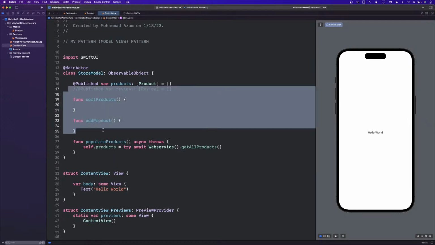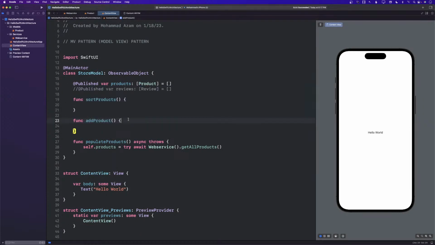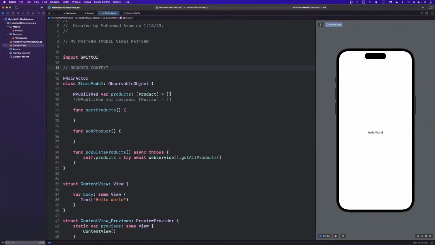And one other question that I want to answer over here is, what if I'm building an app and I have this store model? Should I put everything in this? Well, no, you should not. For a small or medium-sized app, that would be fine. It was perfectly fine to put a lot of stuff in there for a medium-sized or even a small app. But as your app gets bigger and bigger, then you will have to think about something called the bounded context. This is a term that is used in domain-driven design.